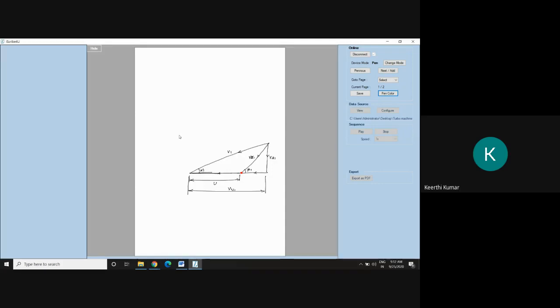In this problem, what is given? Beta 2 is equal to 3 degree less than beta 1. Beta 1 you already got from the table. So you extend beta 2 to 29 degree. So this is beta 2. What has to come on this line? I know on this line I am supposed to get VR2. VR2 has to come, correct? 29 degree. But what is the length of VR2?